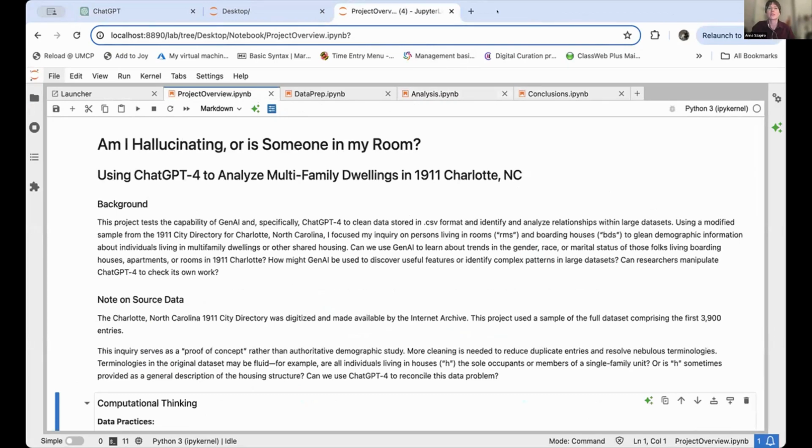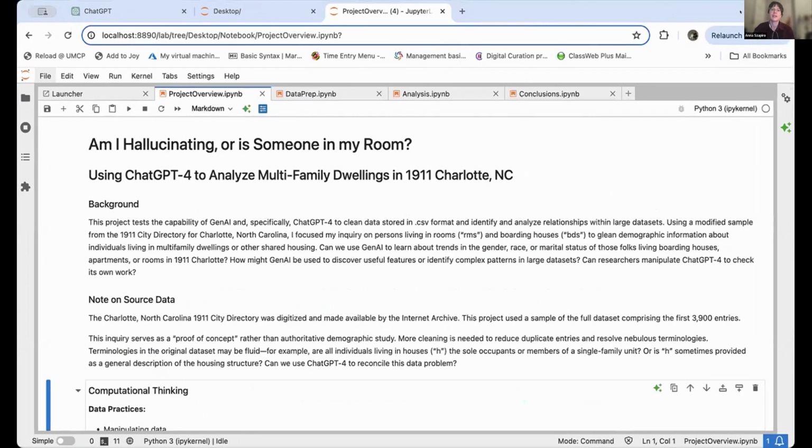So I decided to use this opportunity as a chance to play around with ChatGPT 4. I did end up springing for that $20 monthly subscription so that I could enter into that environment and poke around at some of the data possibilities using ChatGPT 4. And I specifically wanted to look at